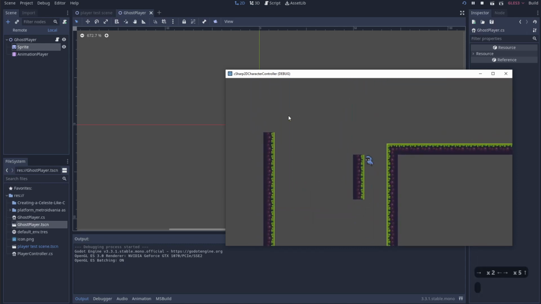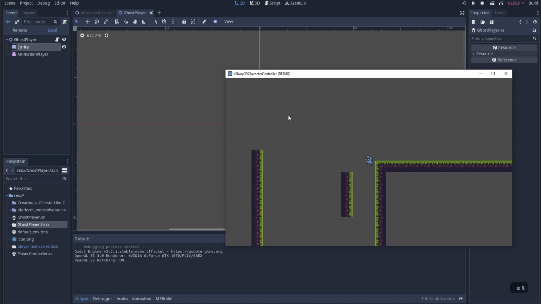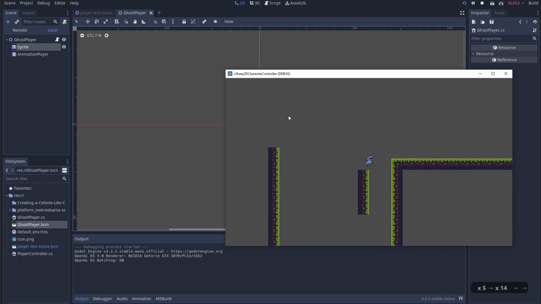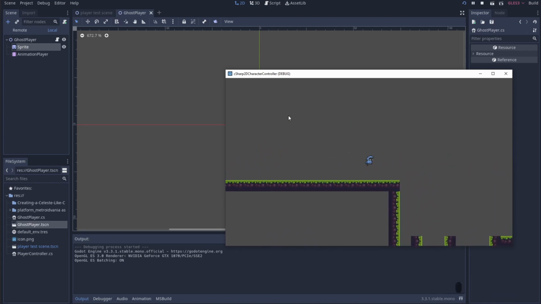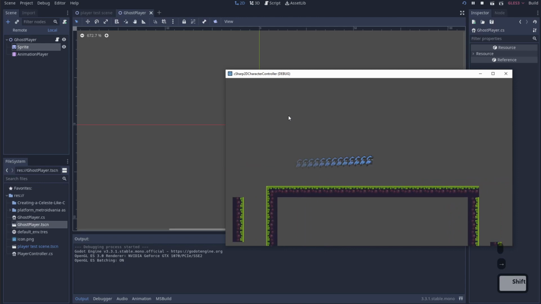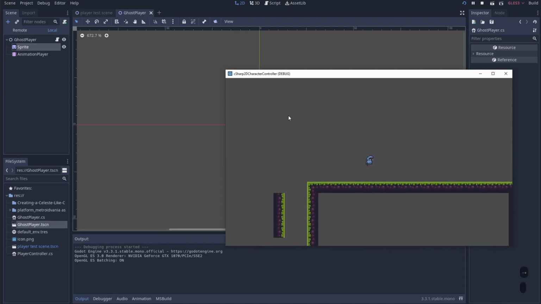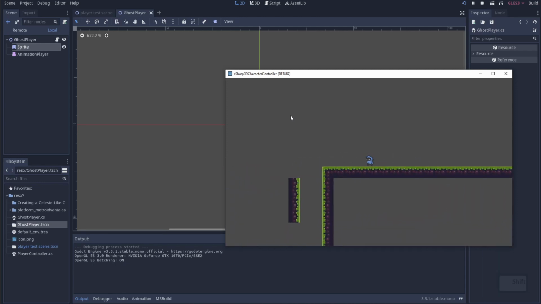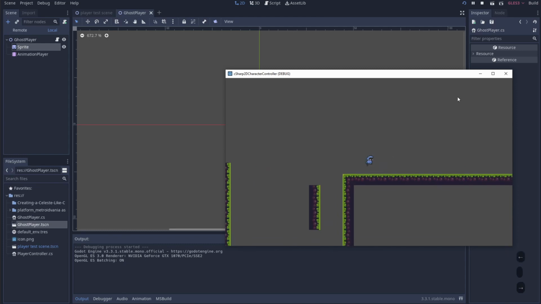So that's pretty decent, actually. That's pretty decent. Awesome. Sweet. So the last thing we need to look at is every single time the player dashes, it makes these